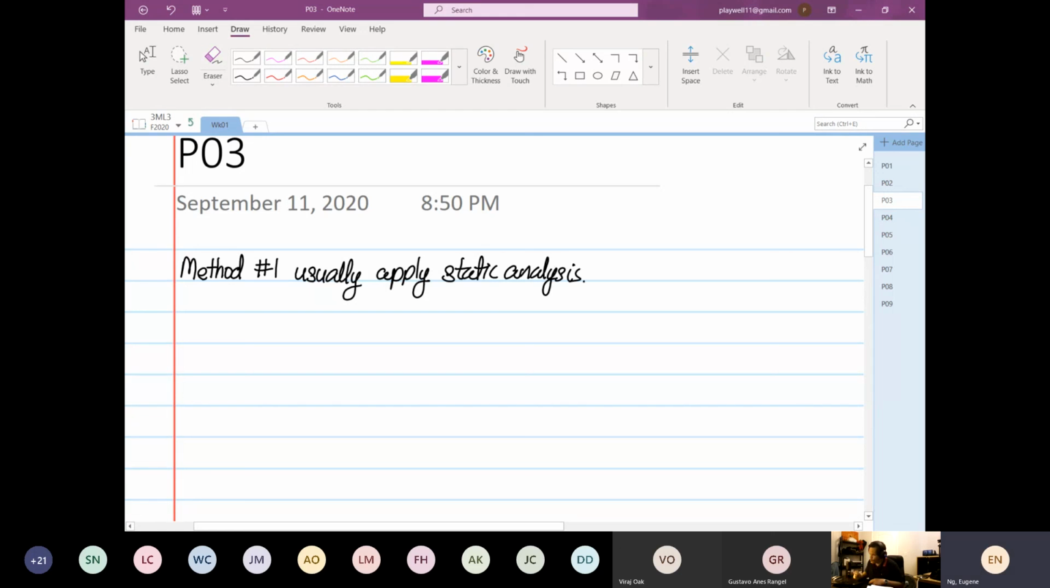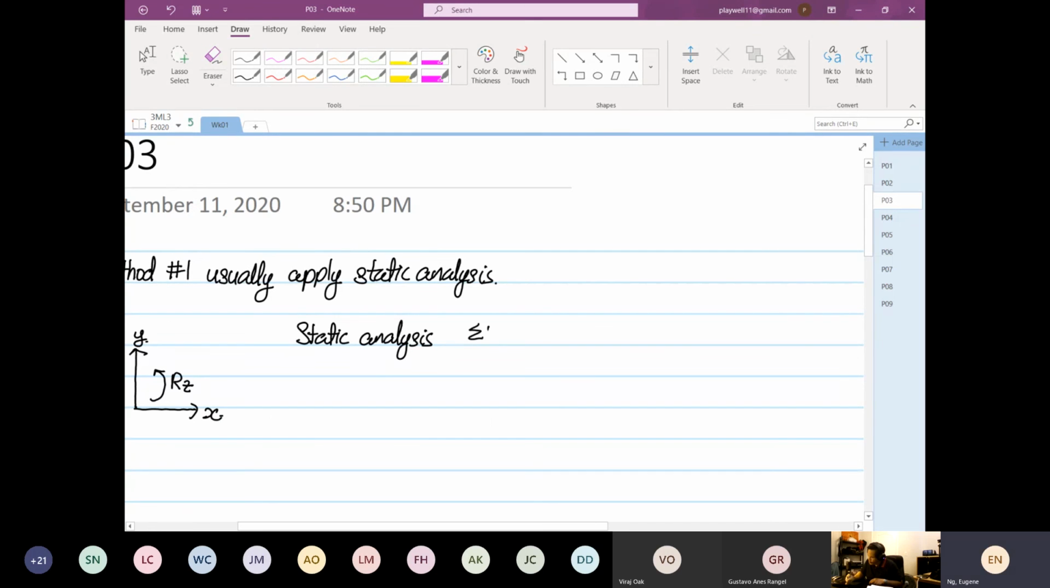So what do I mean by static? Can you remember your static analysis? Yes or no? What do I mean by static analysis? Anyone? So in static analysis, you have this as your X, and this as your Y, and this is your rotation about your Z-axis. Yes or no? So in static analysis, you usually apply summation of forces in the x direction, summation of forces